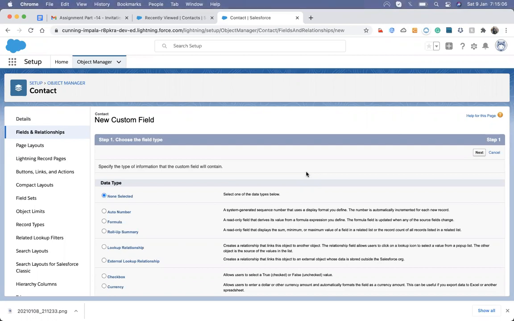And one more question: when we create an object from contact, is that object out of box or custom? If you create an object from contact, it's out of box, because it has all the properties that contact has. But if I create an object from a custom object, meaning anything that you create, that will be a custom object, right? Yeah, that will be a custom object. Okay, got it. Thank you.